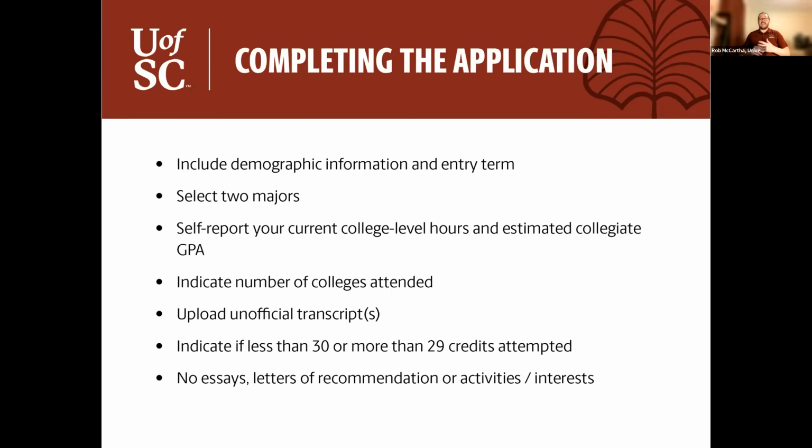Completing our application is actually very simple. The first thing you're going to have to do is put in your demographic information, just in an entry term. We do open our application semester by semester. So for right now, we're accepting applications for summer and fall. And then in September, we will open up our application for the spring, and it kind of rotates back and